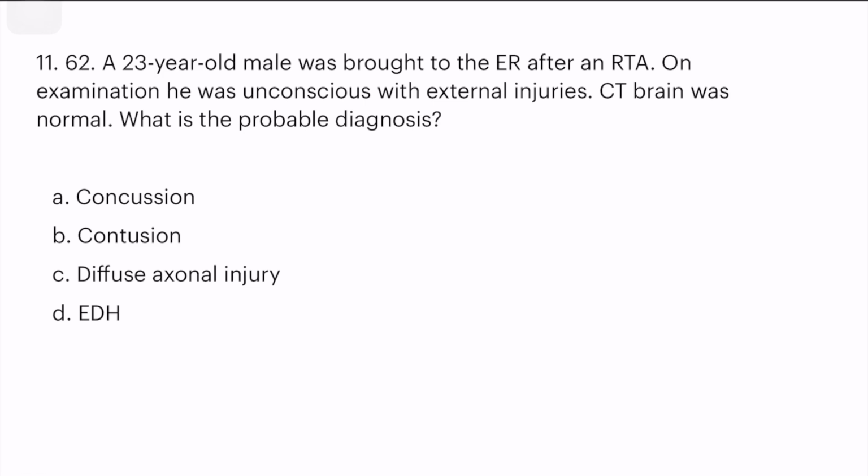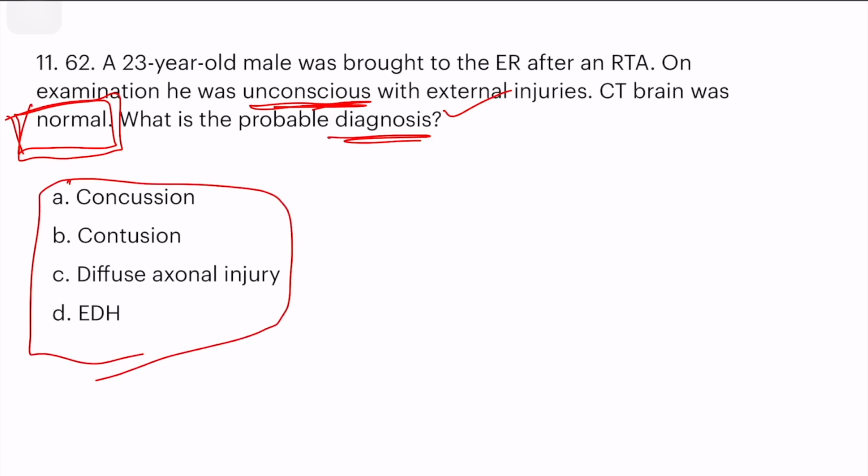So next question. A 23-year-old male was brought to the ER after an RTA. He was unconscious with external injuries. CT brain was normal. This is a diagnosis clincher. So they've asked about the diagnosis. In all these conditions, there will be abnormality seen in CT brain, except for